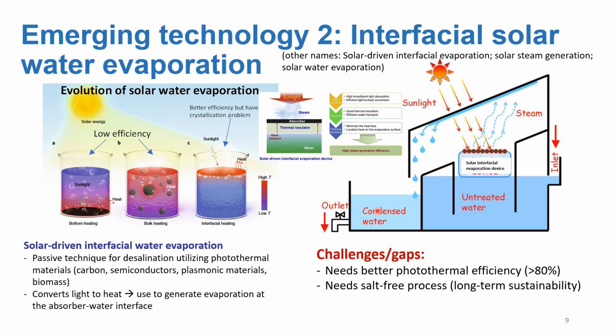So this system is very simple, but there are many design requirements for it. A very good photothermal material with high light-to-heat conversion efficiency is one requirement. And of course, the heat losses in the design of this system floating on the water are also a big consideration. So some of the main challenges of this system are the need for better photothermal efficiency, basically new materials that have good thermal efficiency, and also to make sure that it is a salt-free process, because you are using seawater, sometimes salt can be produced on top of the system here.